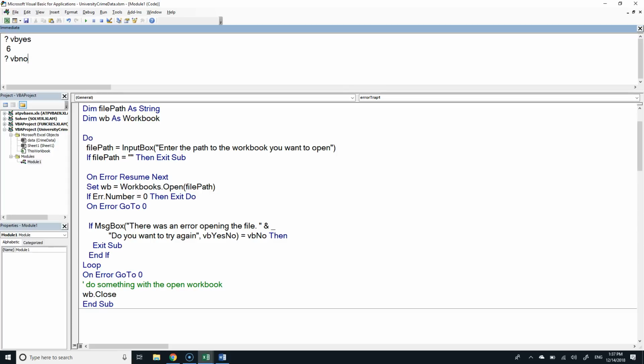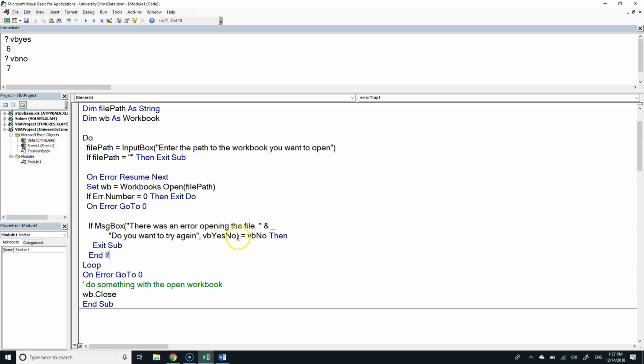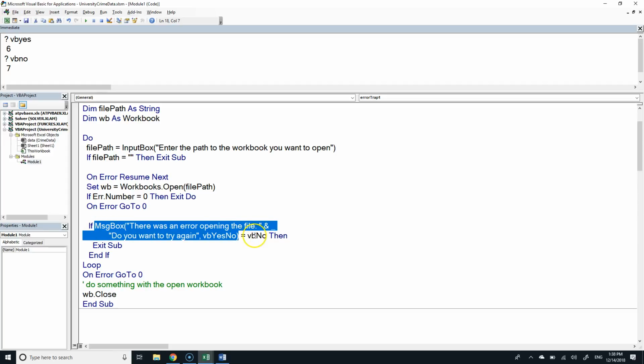And so this message box function right here is going to return either 6 or 7. And so what I'm saying is, if this whole function returns 7, which is what VB no is, then we're done. Get us out of the subprocedure.